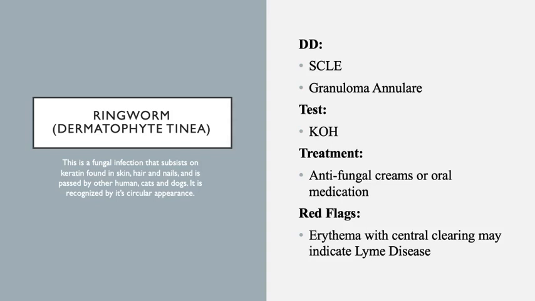Unlike ringworm, scales are absent. Other disorders, such as nummular eczema, psoriasis, and pityriasis rosea, may exhibit scaling plaques that resemble dermatophyte tinea. A red flag symptom might be erythema and central clearing, because that could indicate Lyme disease or the bullseye rash